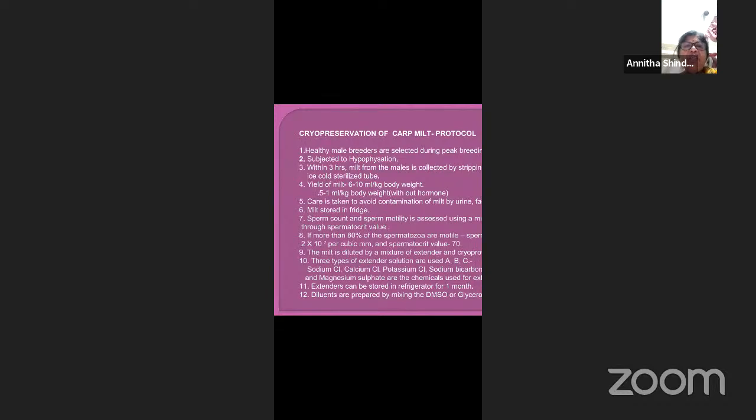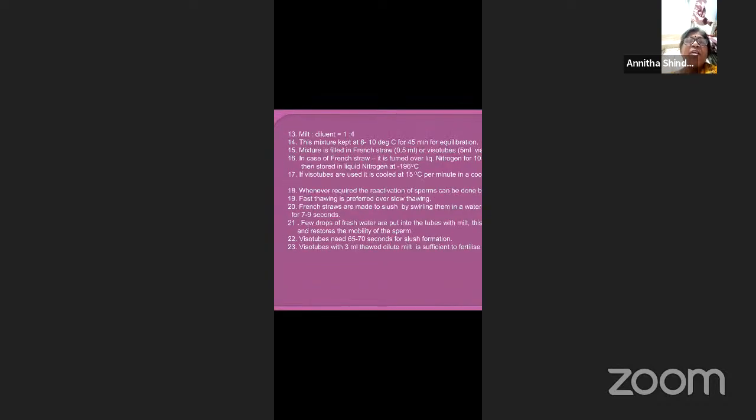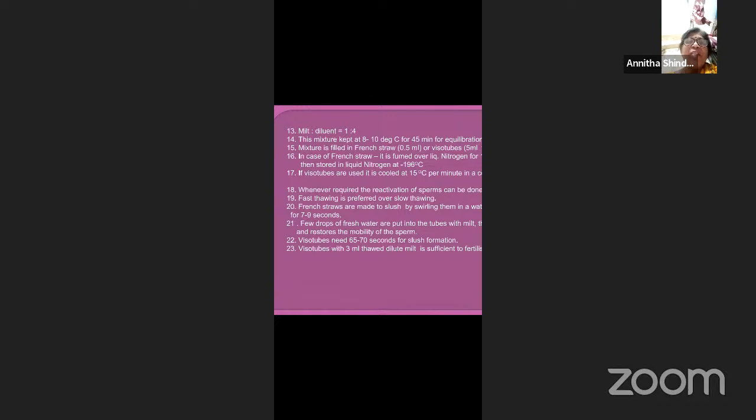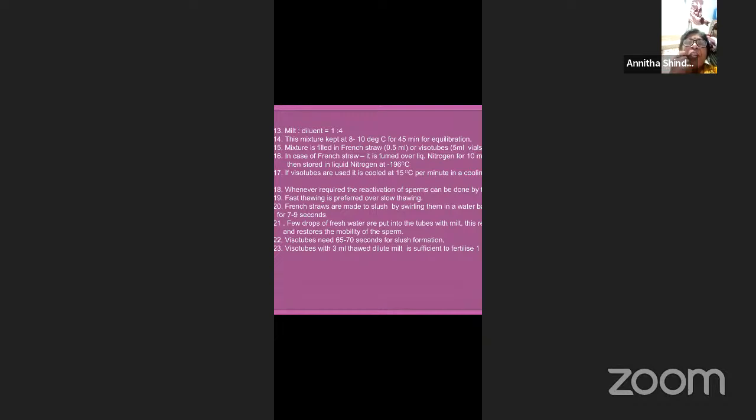If more than 80% of the spermatozoa are motile, then the milk is diluted by a mixture of extender and cryoprotectant. Three types of extender solutions are used. Then they are stored in a refrigerator for 1 month. Diluents are prepared by mixing. All this we have already done, so this is the procedure they have given. Then whenever required, the reactivation of the sperms can be done by thawing. Fast thawing is preferred over slow thawing. French straws are made to slush by swirling them in a water bath at 38 to